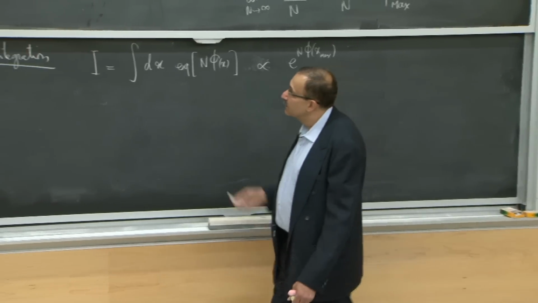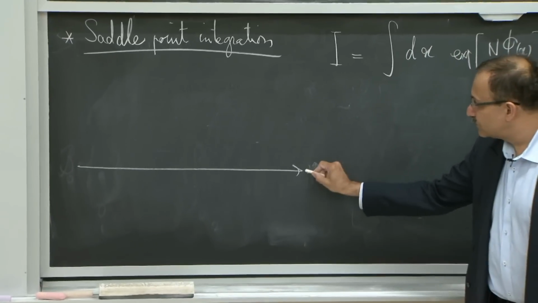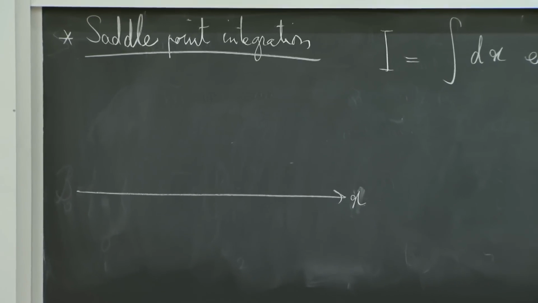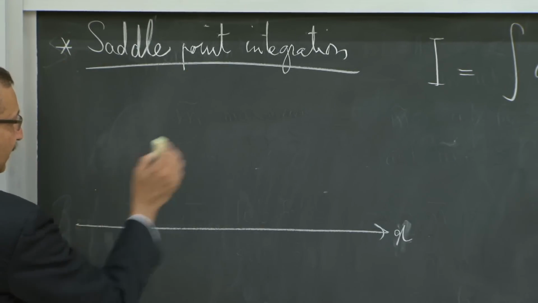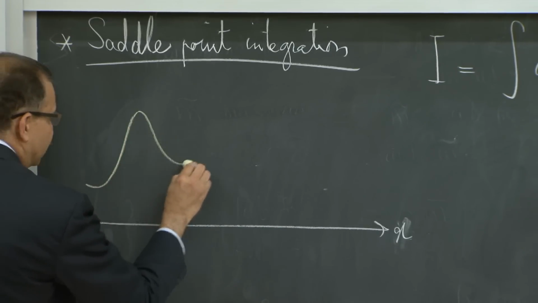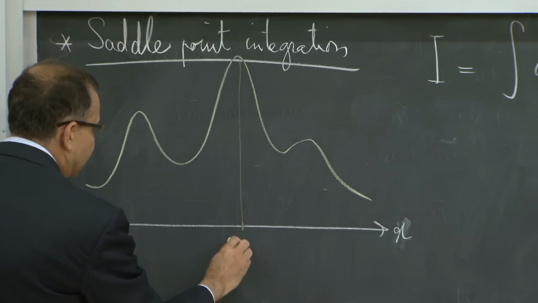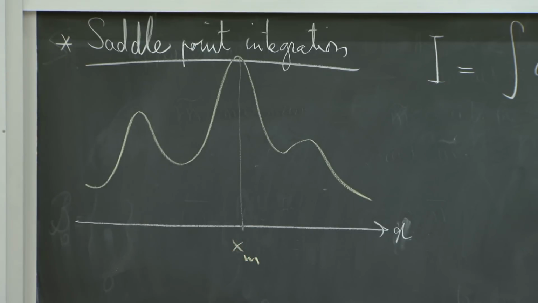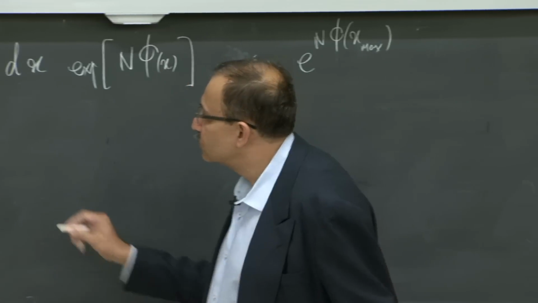So basically, it's the above picture. I have a continuous variable, and let's say I have to sum a quantity that is e to the n phi, so maybe I will have to not sum, but integrate over a function such as this, and let's say this is the place where the maximum is occurring. Okay? So the procedure of saddle point is to expand